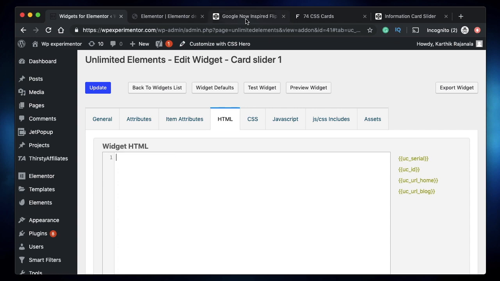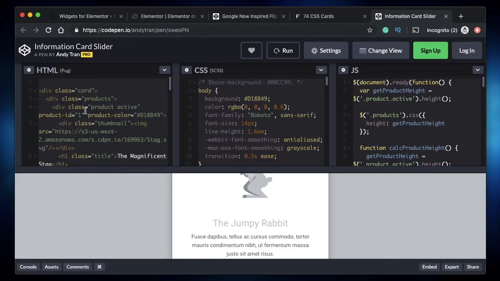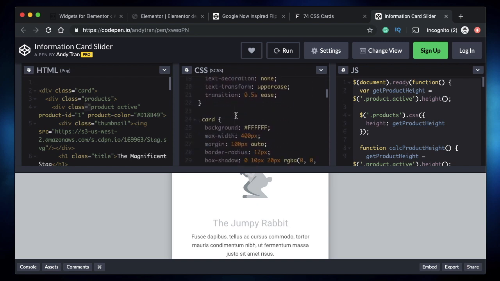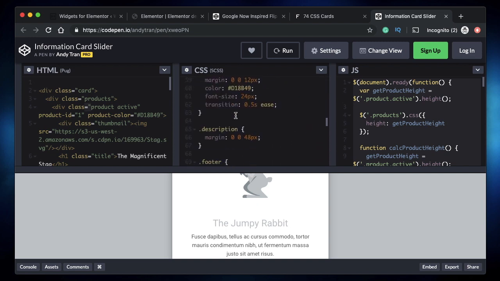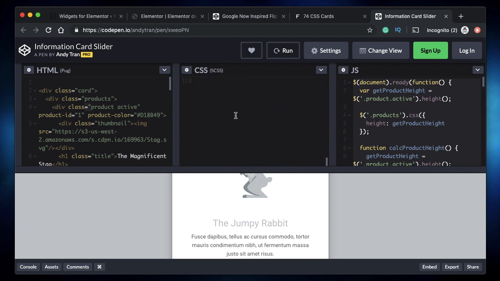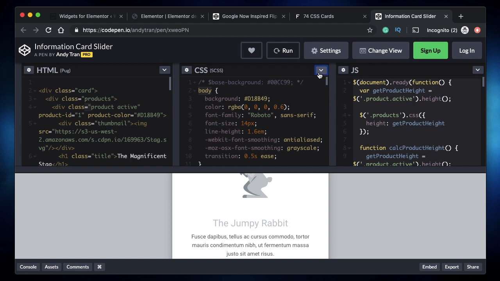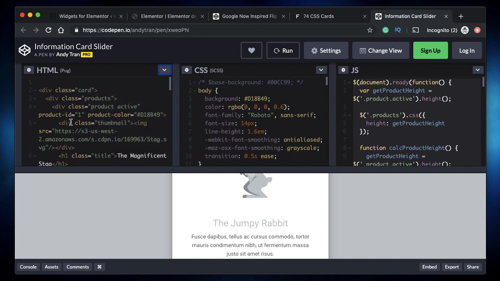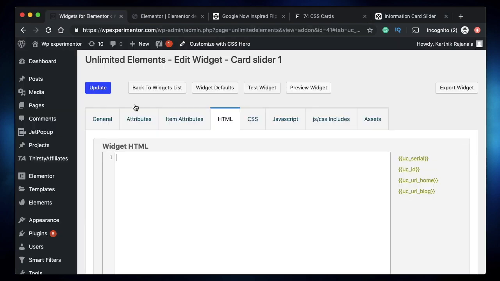Let's add HTML from here. We also have body, so we need to replace body with again a container, and rest all can be the same, I believe. This is not normal HTML. You need to click on view compiled HTML. I already clicked on it. Let's copy the HTML first,